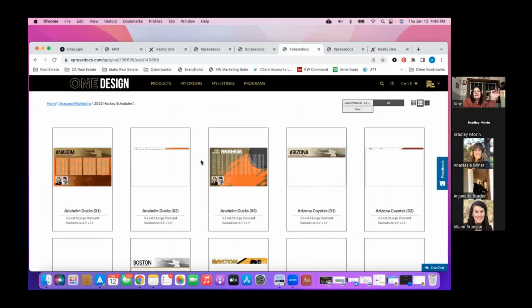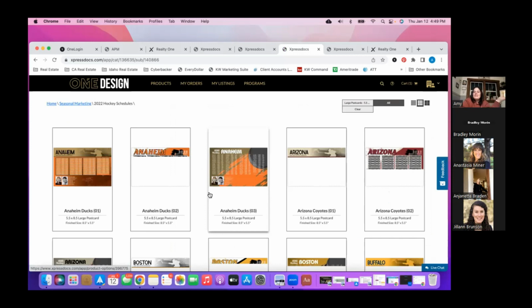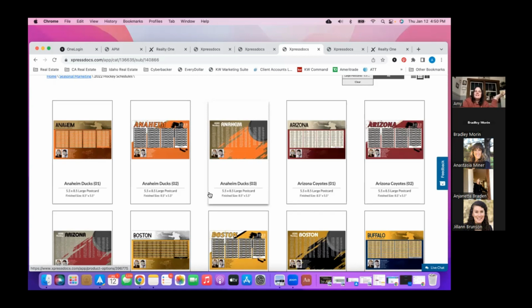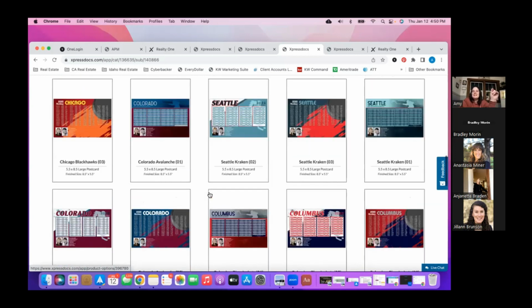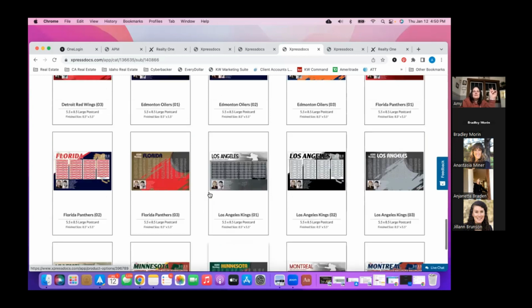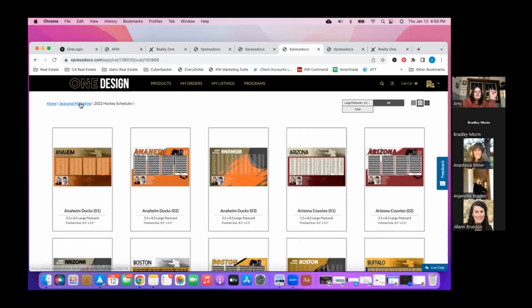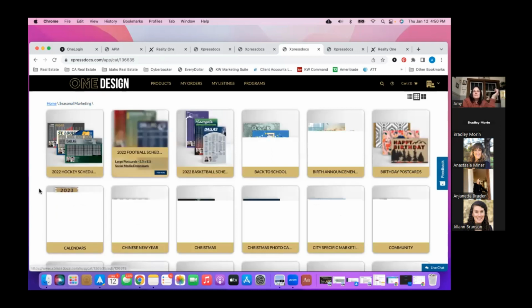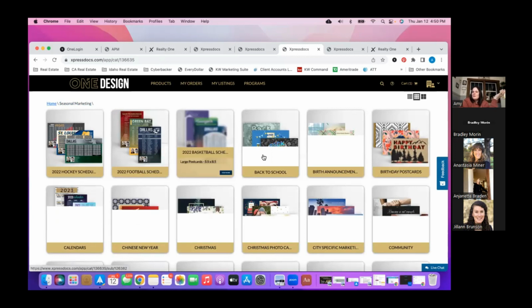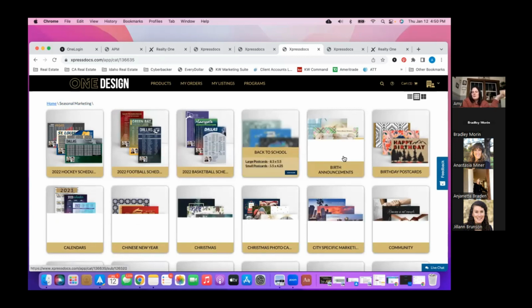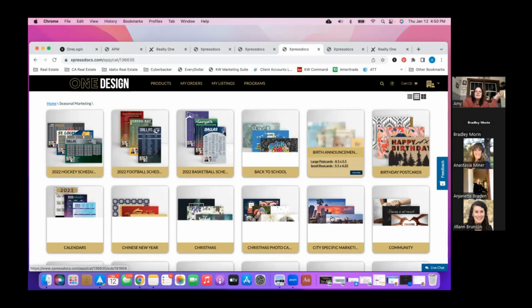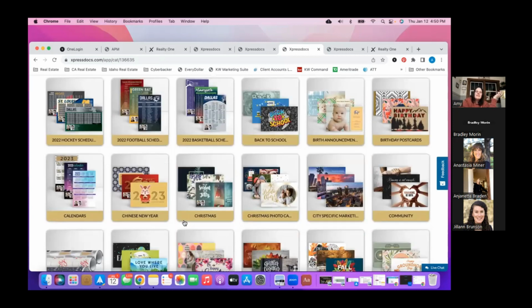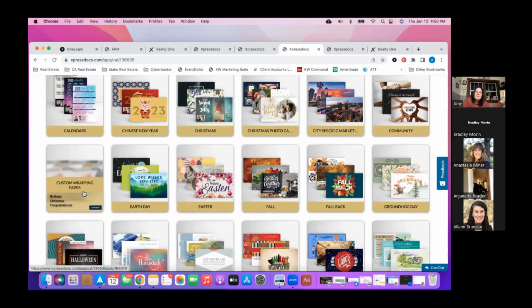Seasonal marketing. Look, it's got sports teams schedules that you can just click on that are going to be branded to you. You can send them out. If you have a farm, this stuff is really going to come in handy. Let's go back to seasonal marketing. Basketball schedules, football schedules, hockey, back to school postcards, birth announcements, birthday postcards, community, city specific marketing, Christmas photo cards, calendars, custom wrapping paper,